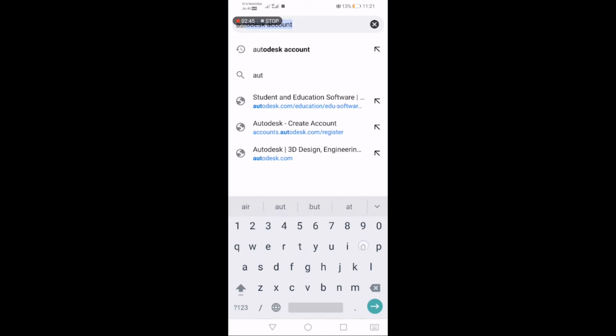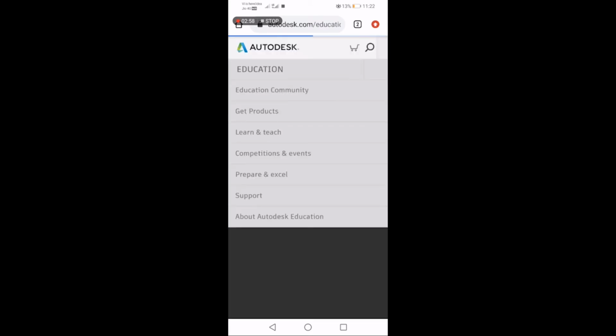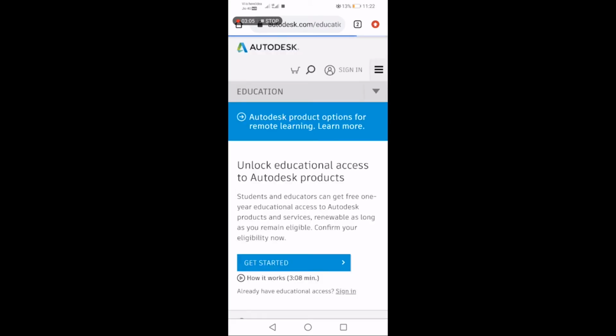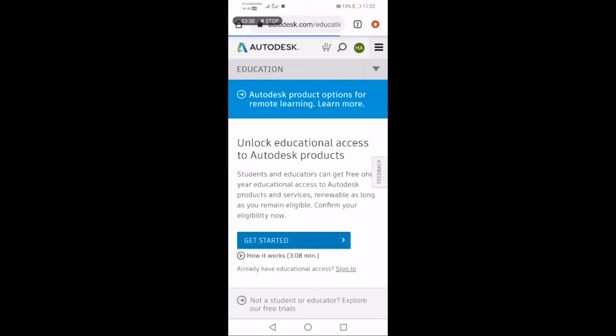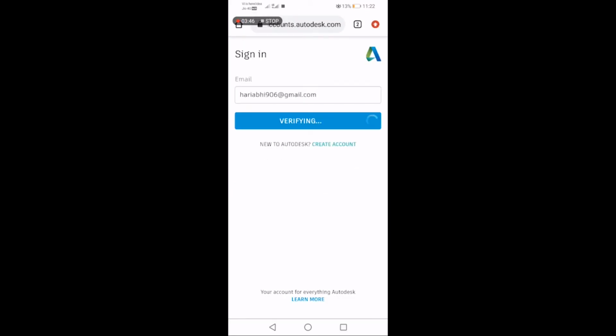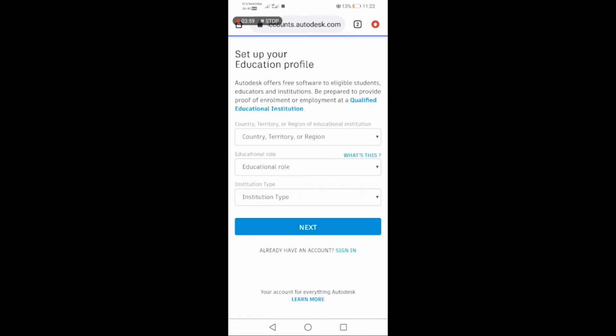Go to the AutoCAD education website. Click on get started. And it will ask us to sign in. It will ask us to set up our education profile.